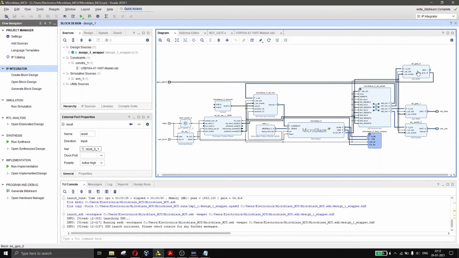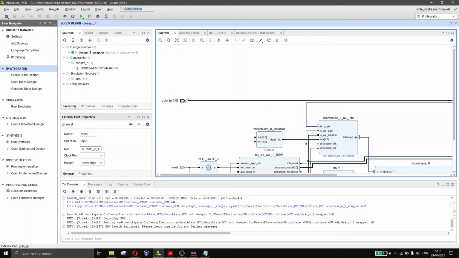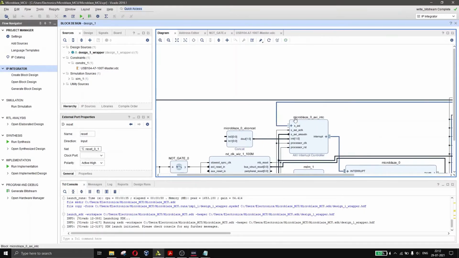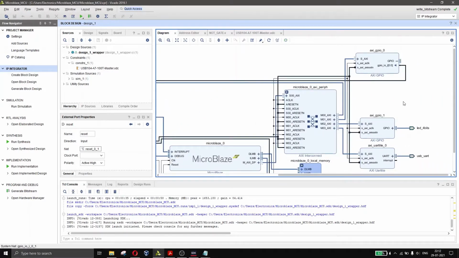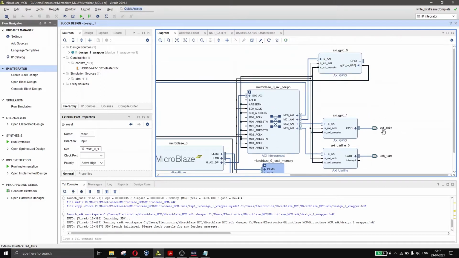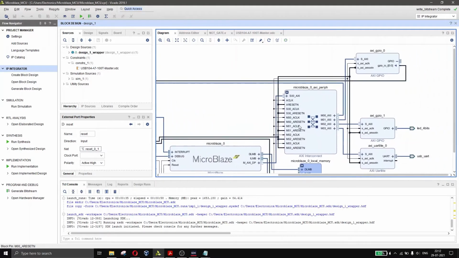So as you can see, we have included the AXI GPIO and we have connected it to GPIO input, that is a push button. You can see in the master constraints file, push button we have included GPIO input, and then reset also we included, and then this is the input GPIO input 1 bit AXI, and then we have a GPIO output also, 4 bits LED. Let us try to write a sample program to interface these LEDs and this push button, and we'll write a simple C program to do that.